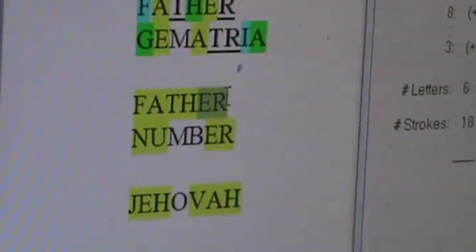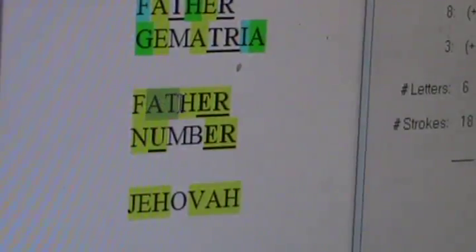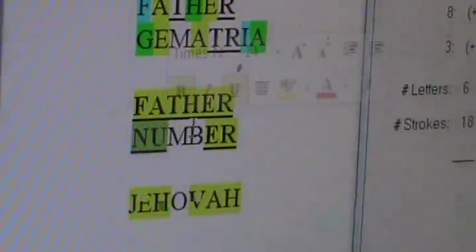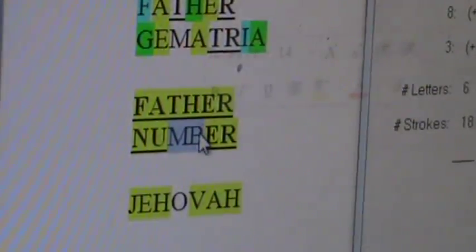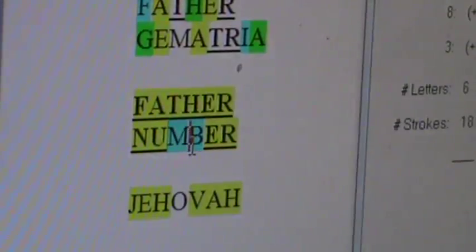And then point out the obvious. An ER is an ER. A U you can build from an A and a T. And then an F plus an H equals the N. I mean, that is amazing. So every letter in number was built perfectly from letters in Father, flawlessly. An A plus a T is a U, an F plus an H is an N, an E is an E, an R is an R, Father, and then 15 is King for the Trinity because it's 3 times the third prime. At the dead center of number there, we just solved every single number and all usage of the word to the glory of the Father. That's pretty awesome.